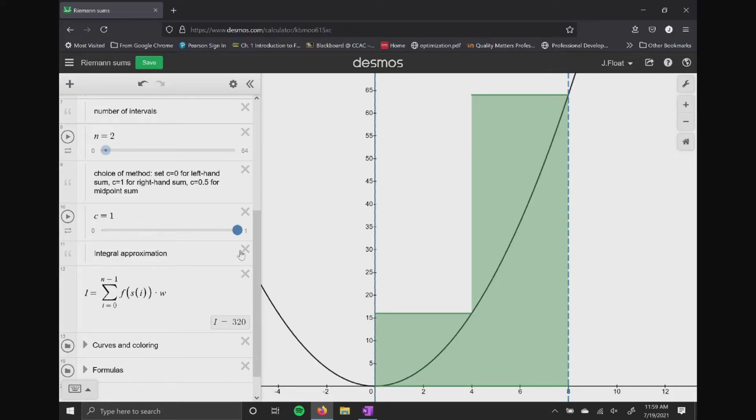And with right-ended, we found that it was 320. So there's a big difference. What if we went in the middle? In other words, what if we allowed the middle of our rectangle to actually hit the function? Well, notice that if I allow the middle of my rectangle to hit my function, then I get 160 for